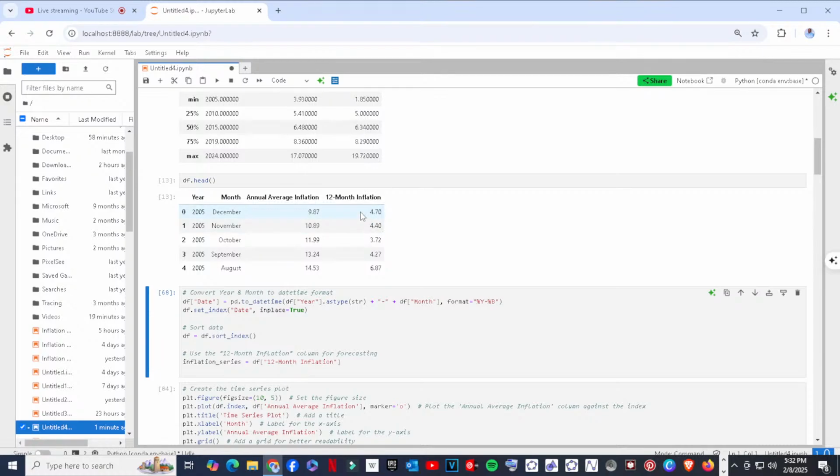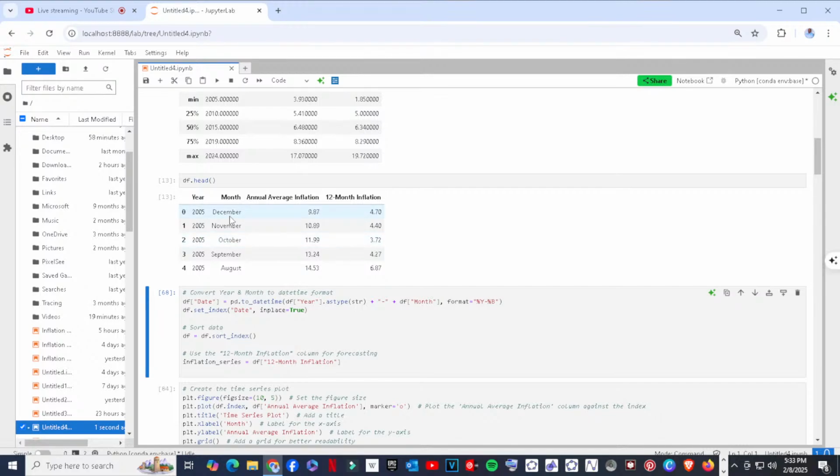But it would be more prudent, because under year we have repetitive entries, and the month is given as a string: December, November, October, September, etc. It would be prudent to find a way to represent these dates so that year and month are defined in a manner that gives a sequential date.